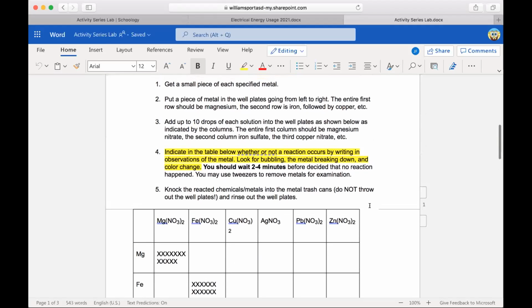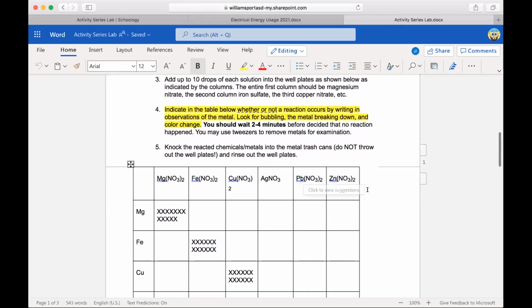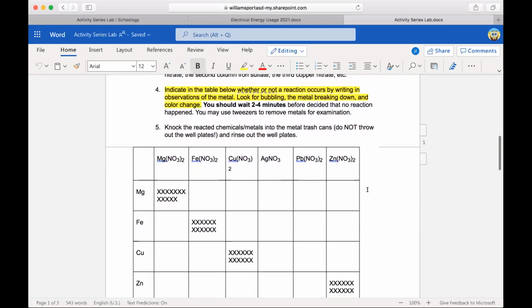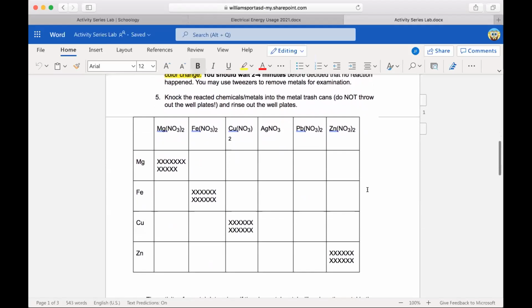So the plan is to put those pieces of metal in the different solutions and look to see whether or not reactions take place. Look for bubbling, look for the metal to break down or change color, look for some production of gas. That's what bubbling really is. Look for a change in color of the metal, thinning of the metal, change in color of the solution, any kind of changes that take place. And then the liquid's removed from the solution and you can pull the piece of metal out to take a look. So there's hold